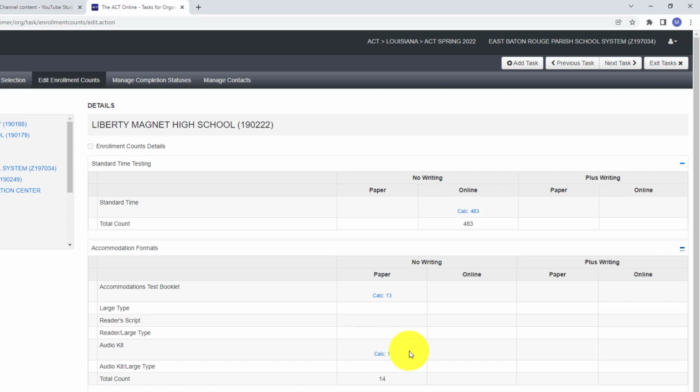So Liberty High School can click on the hyperlinks to see the names of those students. But those 14 students you see here, those are seniors. So now Liberty High School has to go through this list right here to find out which ones are juniors, and there could be some seniors as well, but needs to go in this list that's listed as standard time and make sure that those that are receiving accommodations,